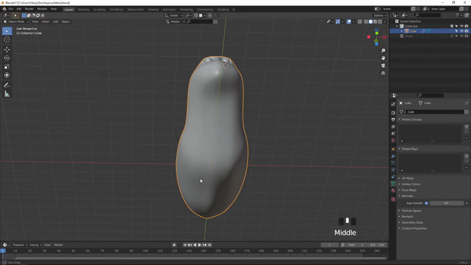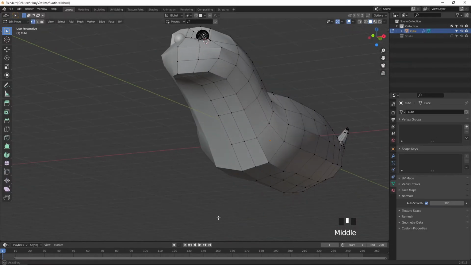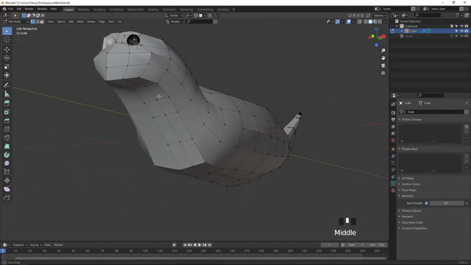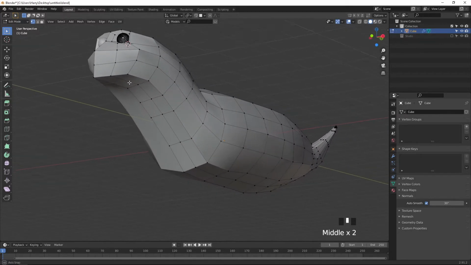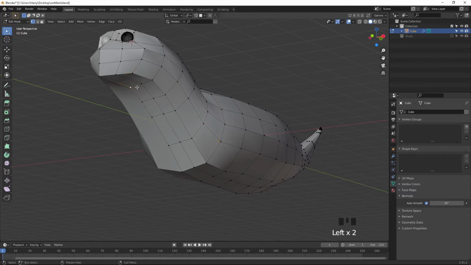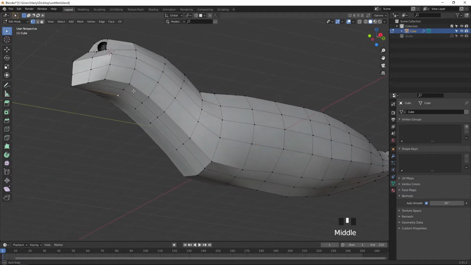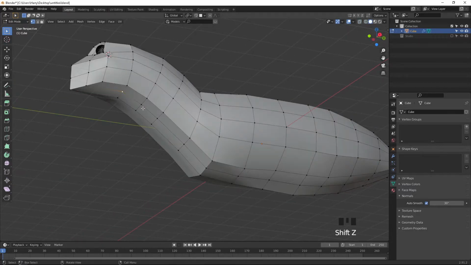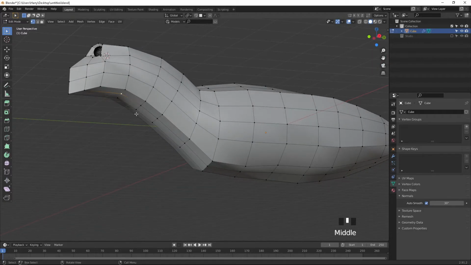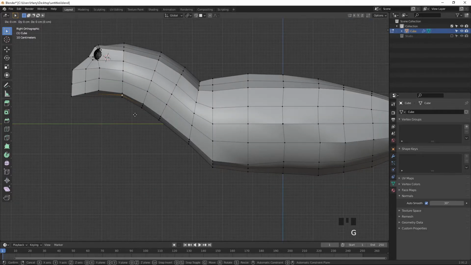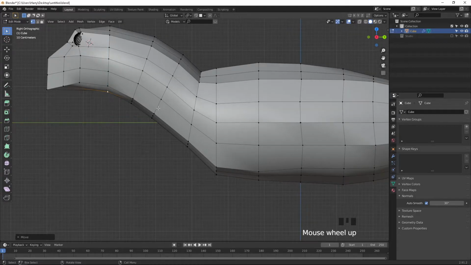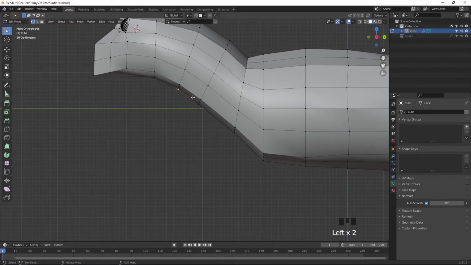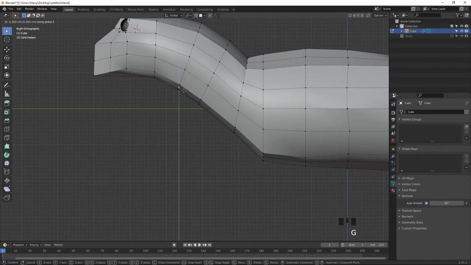Okay, here you can see it's getting a different shape due to this one more line we have created. So what I'm going to do is Shift Z, okay, G and 3 on the keyboard, GZ, tighten it a little bit up. I'm going to do this for each vertex like this, GZ,